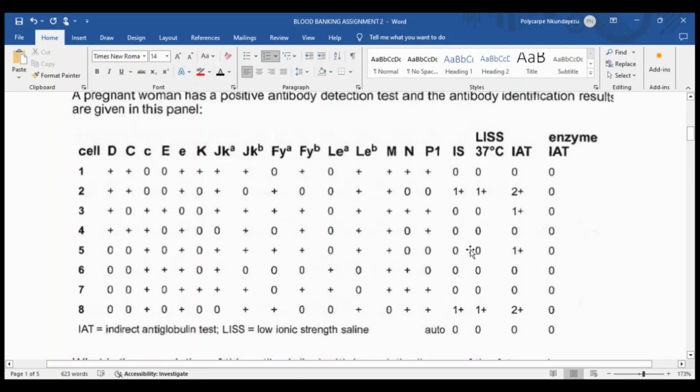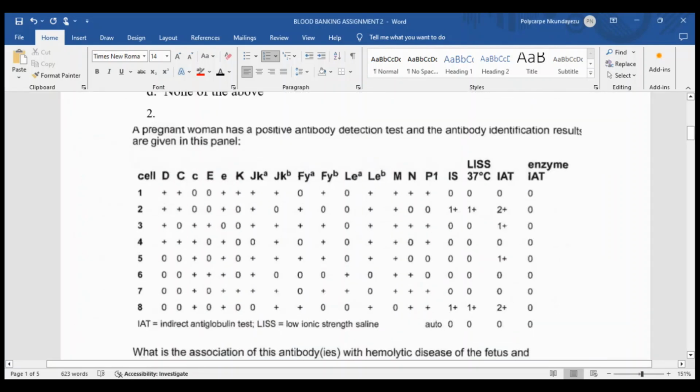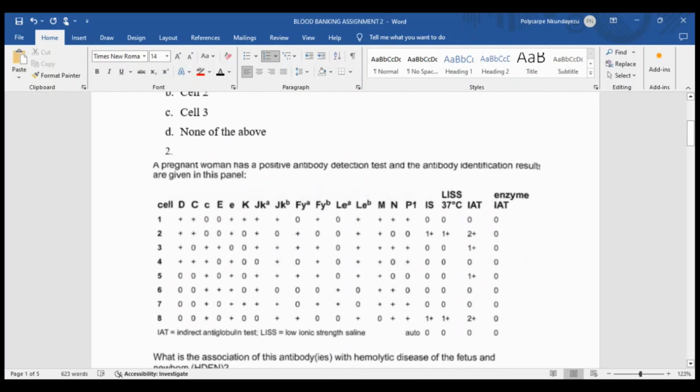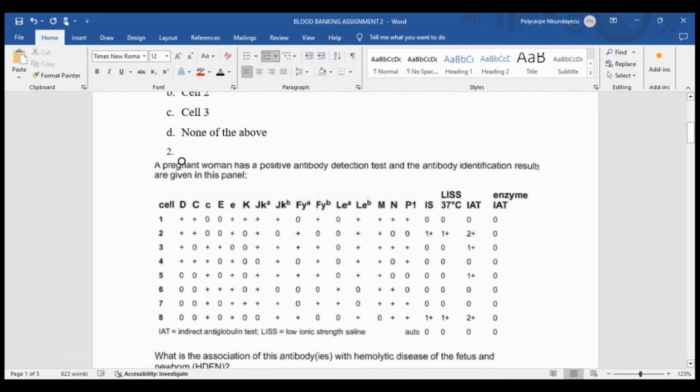Okay, so now let me try to minimize the size of it so that I can give it space to work on. I don't know if you can see it now. So now we can use this space to type what you say. So which cell now are we going to use for